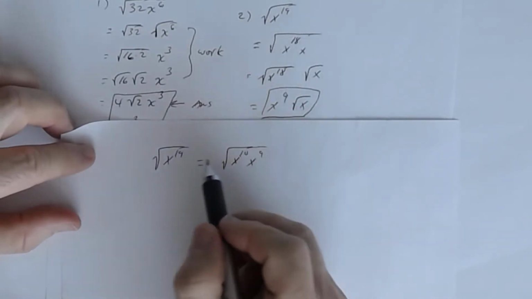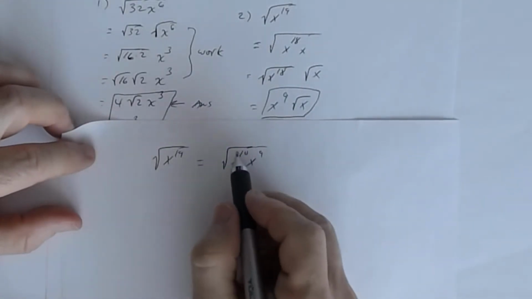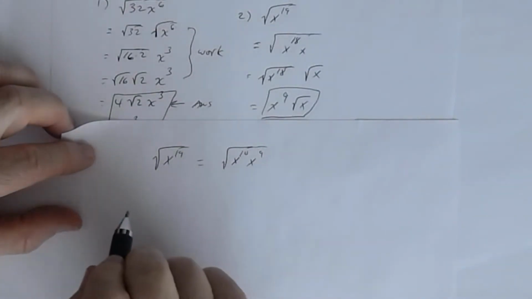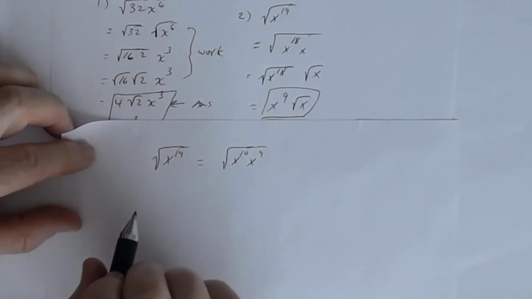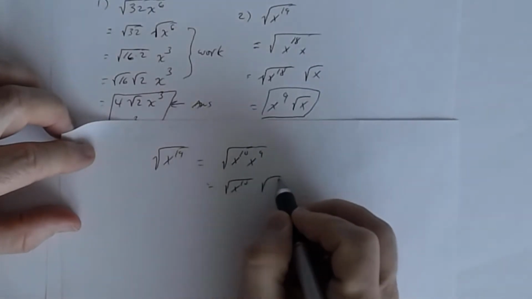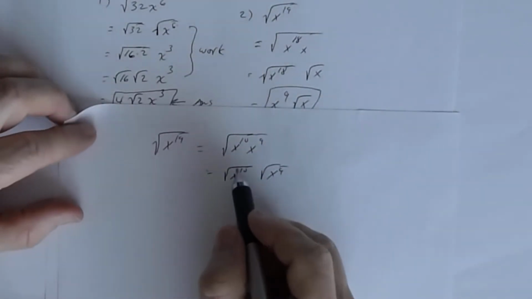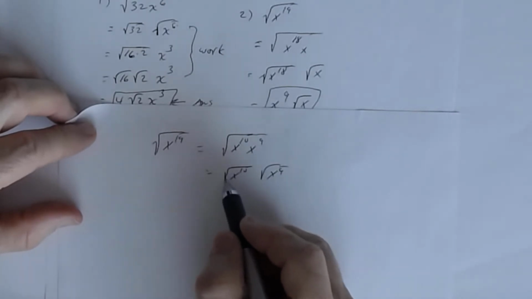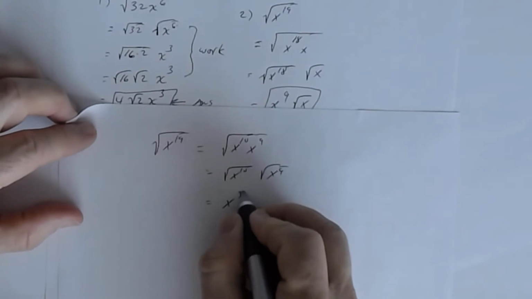That's true. 10 plus 9 is 19, right? And then 10 is divisible by 2. No issue with that. There are multiple things you could have said here. And so then this becomes the square root of x to the 10th times the square root of x to the 9th. And then the square root of x to the 10th, what times itself twice is x to the 10th? Well, 10 divided by 2 is 5, so that has to be x to the 5th,